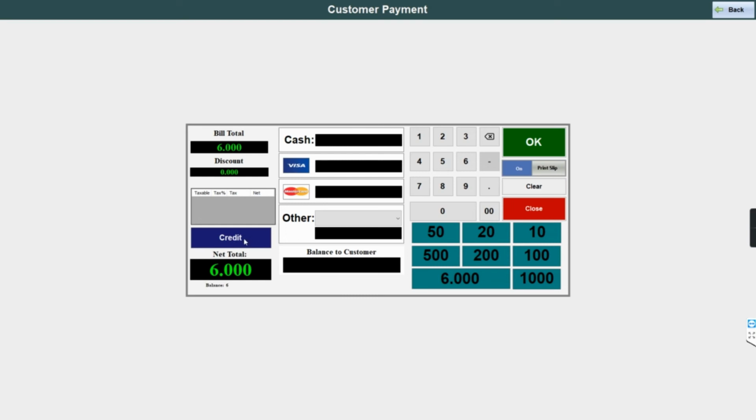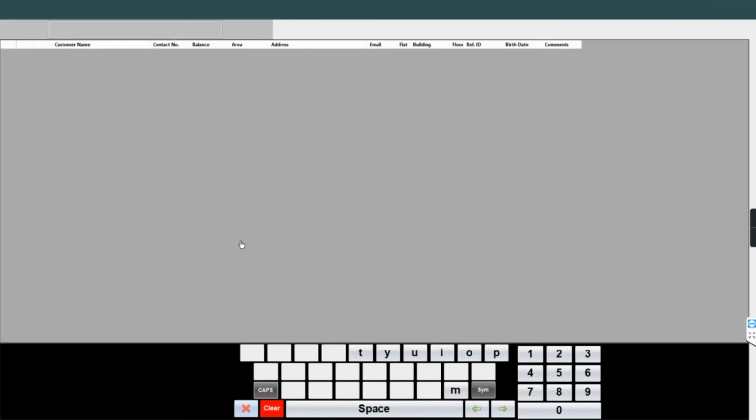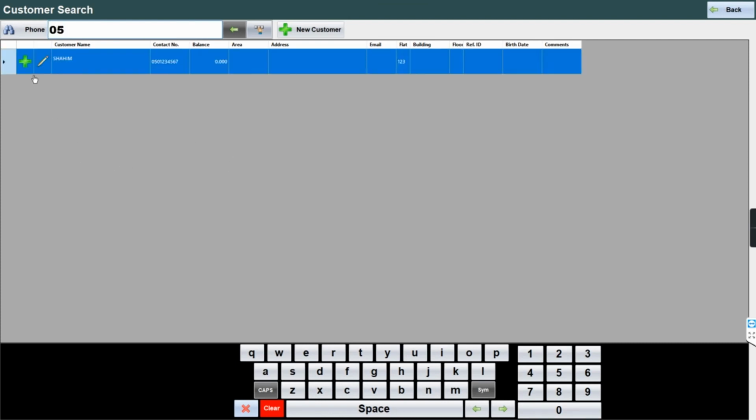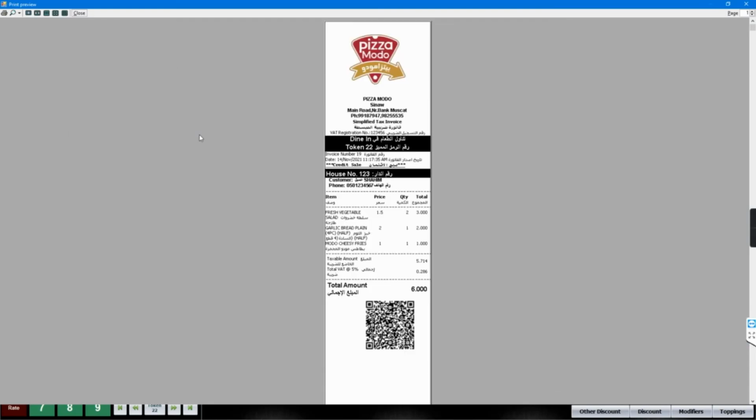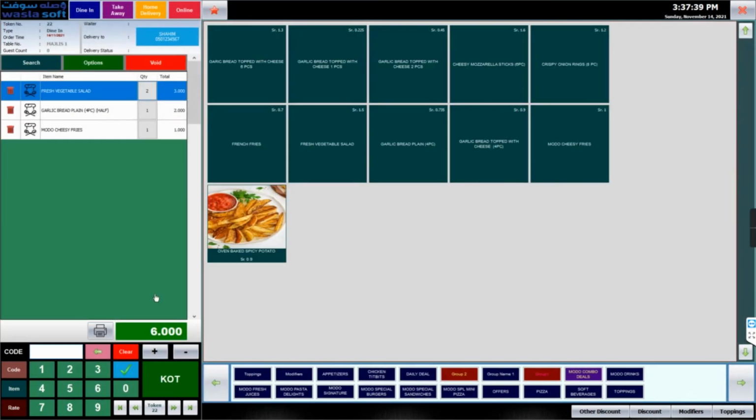Just click on credit and search for the customer. Simply select the customer, so that it will go directly to that customer's account. It will show the name of that customer, show it's a credit sale, and show the customer details and all. So this 6 real will go to that particular customer's account. So that is about credit sale.